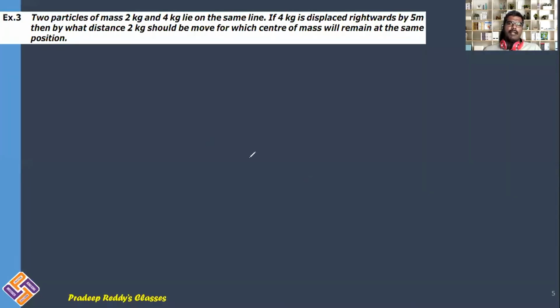Students, here we have two masses, 2 kg and 4 kg, lying on the same line. If 4 kg is displaced to the right side by 5 meter, then by what distance should 2 kg be moved, for which the center of mass will remain at the same position? So remember that